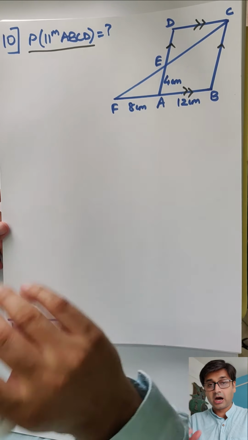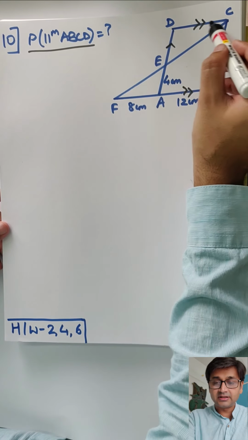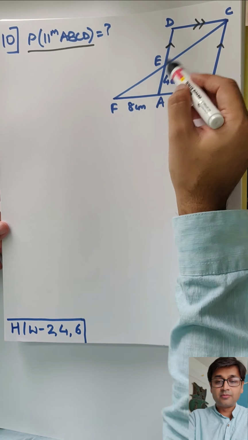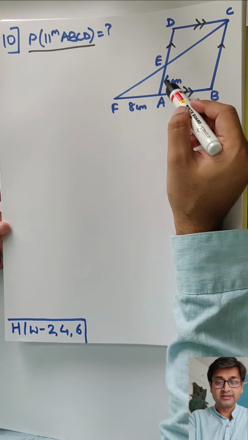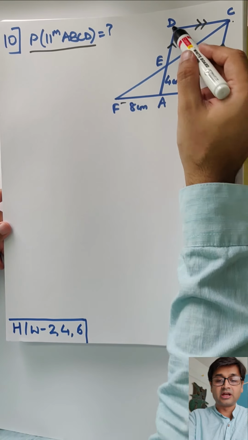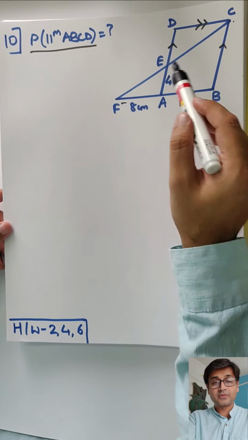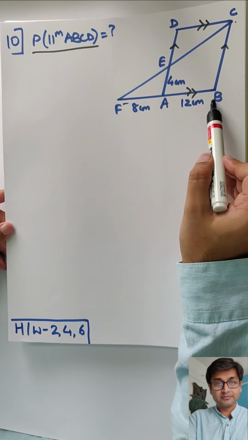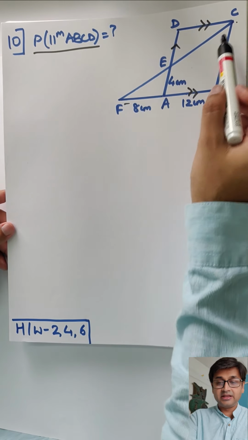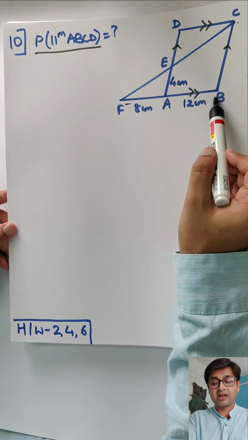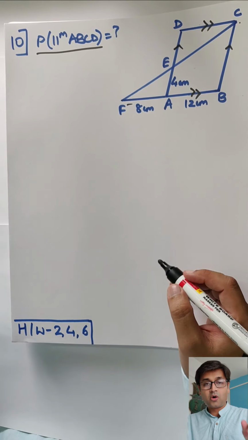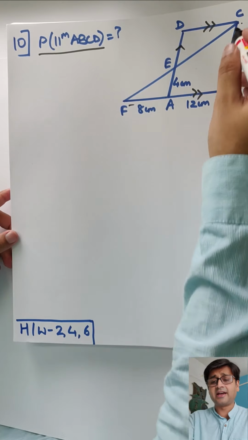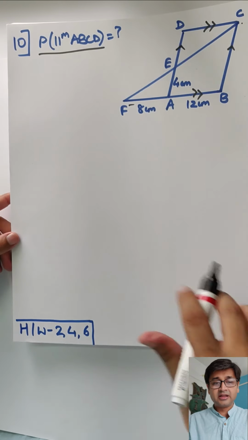So two choices: either find DE and add it to get AD, or directly get BC, your choice. Both are possible. How? If you want DE, you will take this small triangle, say that DC is 12, and this small triangle. Prove them similar, DE upon EA, this is known, AF upon DC, both are known, you will get DE, and then add it. If you want to find BC directly, then take triangles FEA and FCB, EA upon BC, FA upon FB, you will directly get BC. Obviously you and me will choose the same. Which one? What's your choice? Perfect, directly BC. Why should we go for parts and increase our steps?